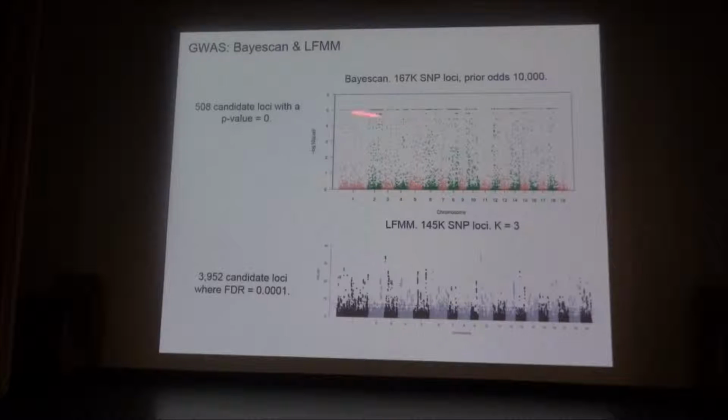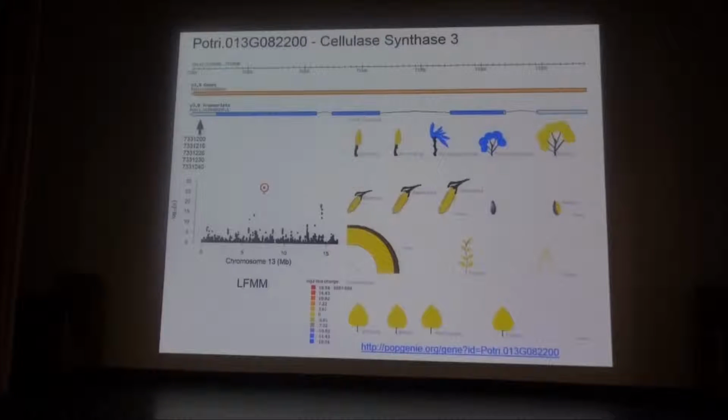All right, BayeScan. This is the FST loci. These are loci that are just really different for some reason. But the ones that I'm most interested in are the ones we get from latent factor mixed modeling. So these are all loci that are associated with climate. Above this red line right here, we have about 4,000 loci that are associated with climate with a very stringent false discovery rate. So these loci are cool because this is a whole list of hypotheses that we can